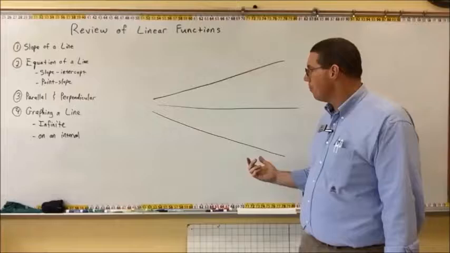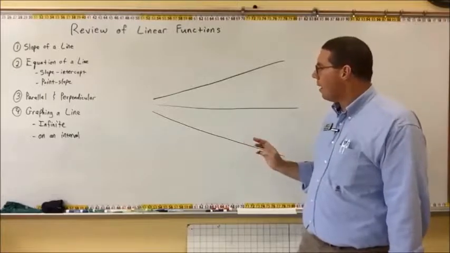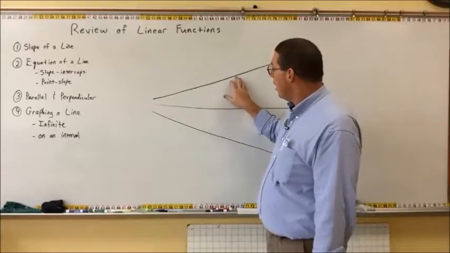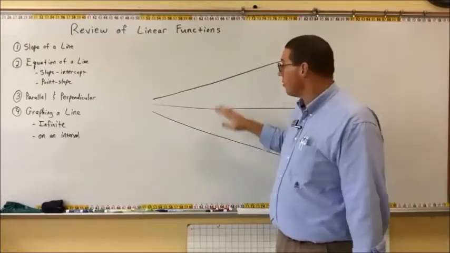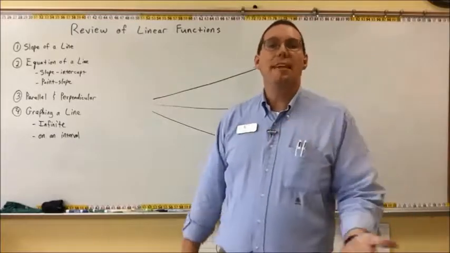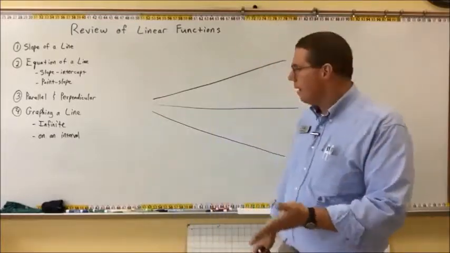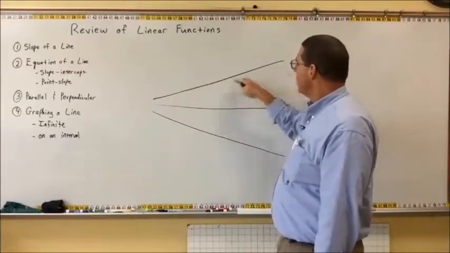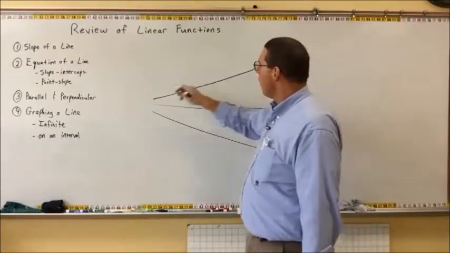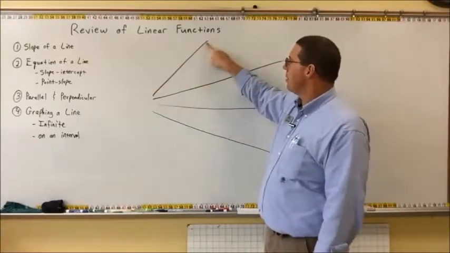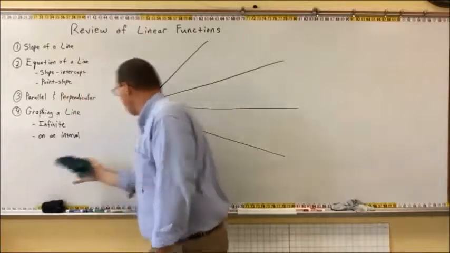When we talk about the slope of a line, we're talking about how it is tilted. Is it tilted up or is it tilted down? Is it going uphill or is it going downhill? And how steeply is it going uphill and how steeply is it going downhill? We have this line that looks like it's going uphill, but if we draw this line, it is also going uphill, and if we compare it to the other line